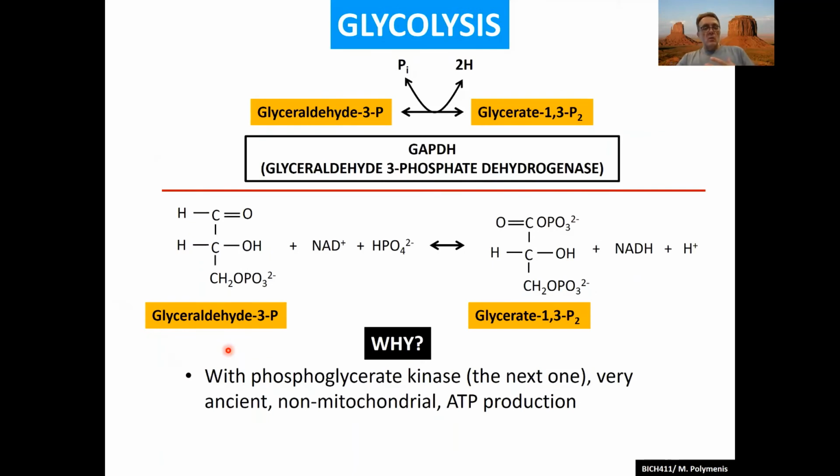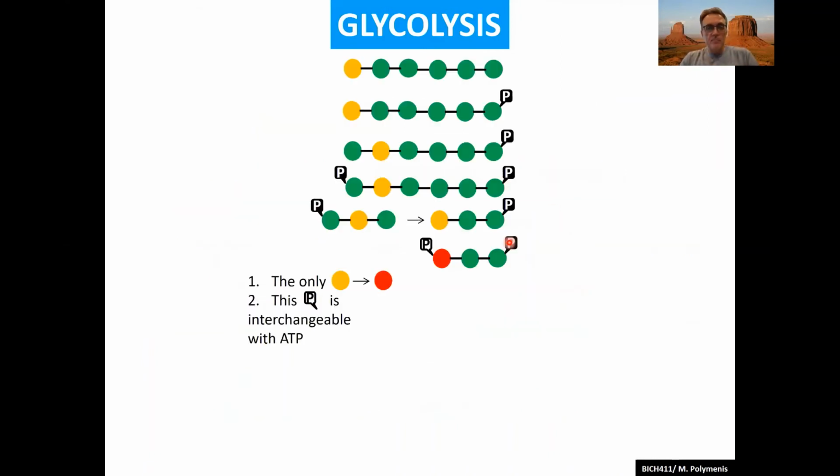So why does that happen? Again, because now that compound can drive ATP formation. And if you see the redox parts here, in our redox scheme with the color-coded scheme, this is the only, so far, the only yellow to red, the only carbonyl to carboxyl oxidation that we have seen in this scheme. And it so happens that this phosphate, as I said, is high energy and is interchangeable with ATP. Now, why this phosphate and not the other phosphate? If you notice, I have put them in different colors here. The backgrounds are different for the two phosphates to distinguish them.